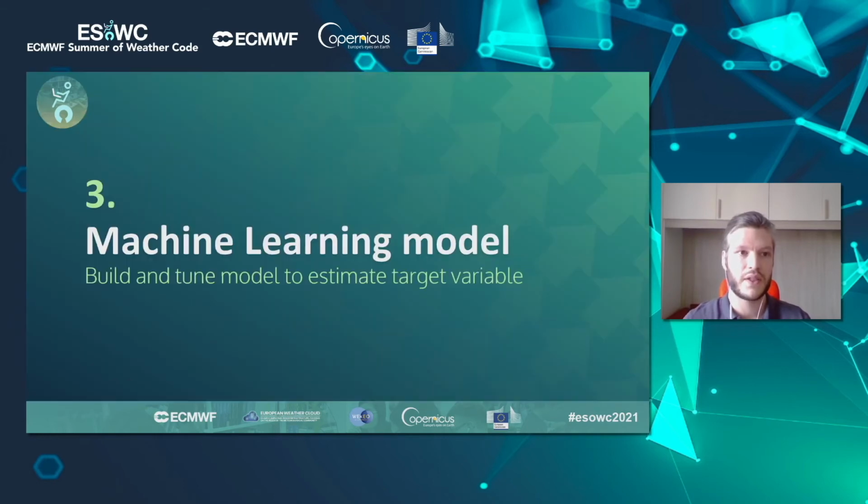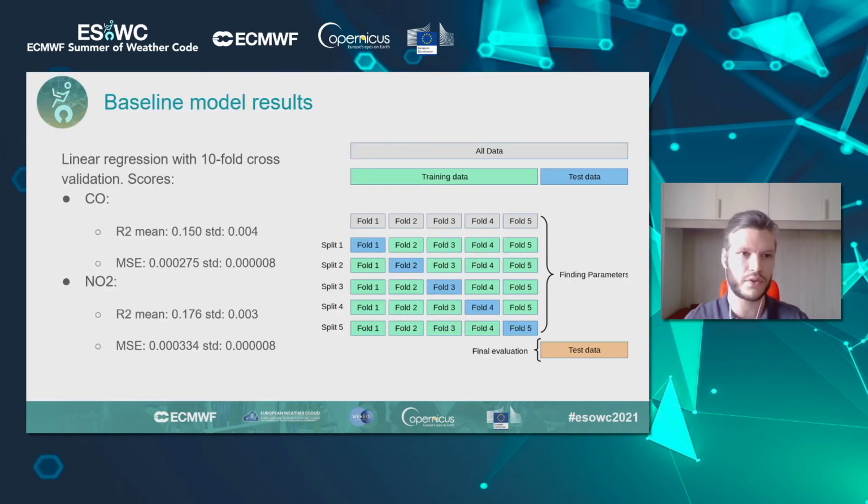Next slide, please. In the last part of this presentation, we will talk about the machine learning model. But before talking about the model we will use, we need to talk about the baseline model and also about the feature importance analysis that we did. For the baseline model, we decided to use a linear regression. We used this model because we didn't need to pre-process the data, and we use a tenfold cross-validation. In this way, we can get